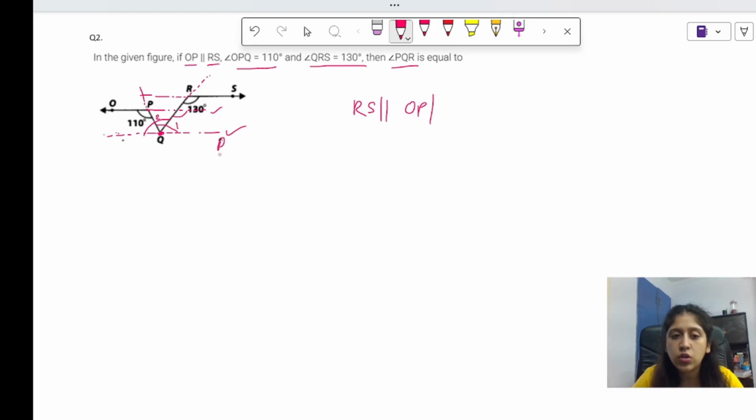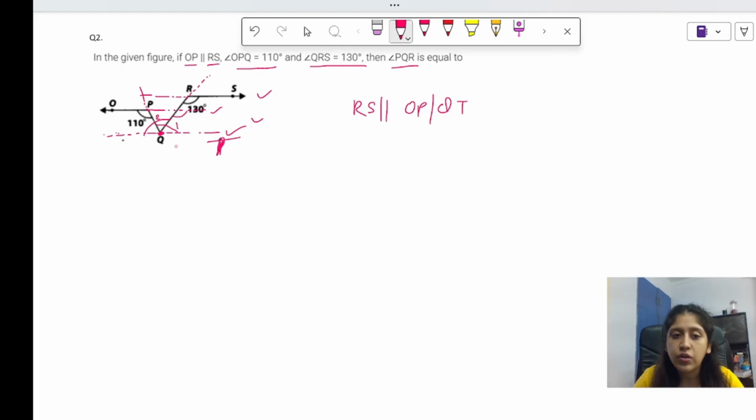or QP, or P is also there, R is also there. What do we write? T. Alright. So let's just write T. So QT. I hope the thing is clear. Okay, QT line is parallel to OP line is parallel to RS line. I hope this thing is clear. The construction is clear. Alright.